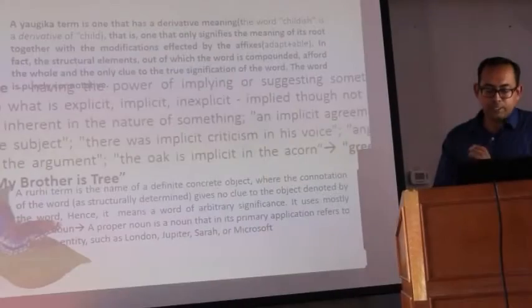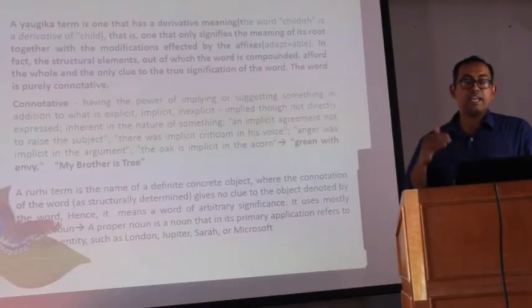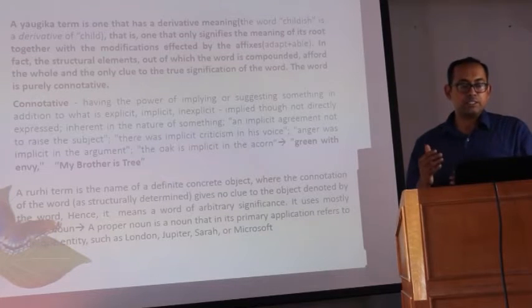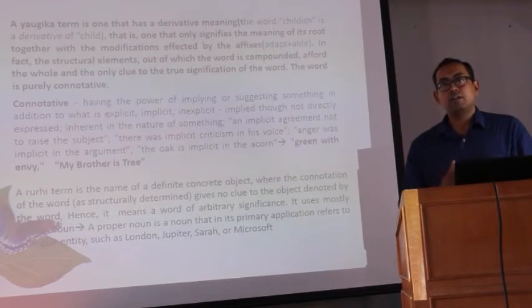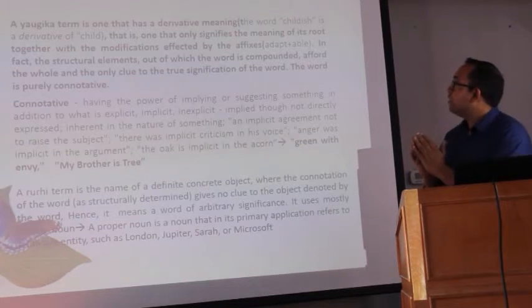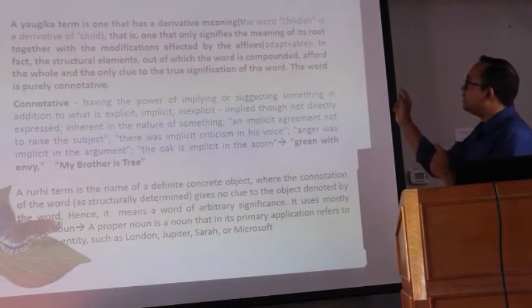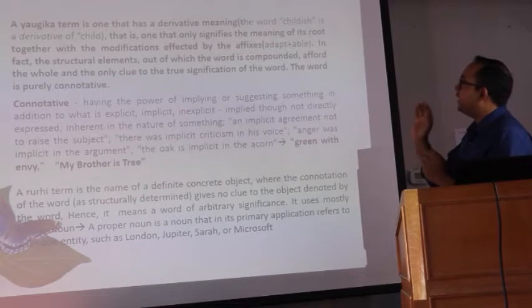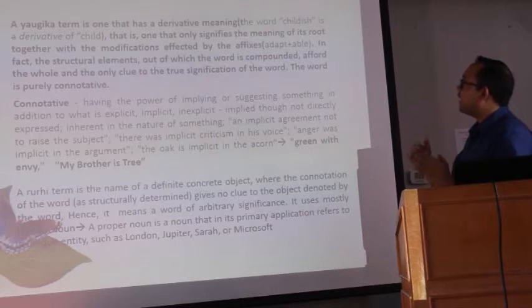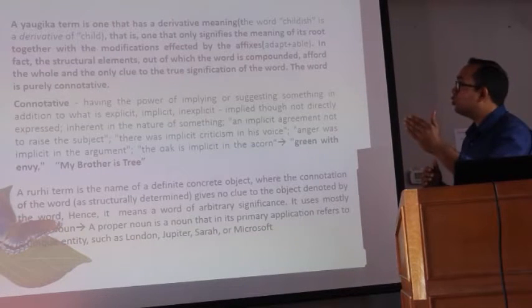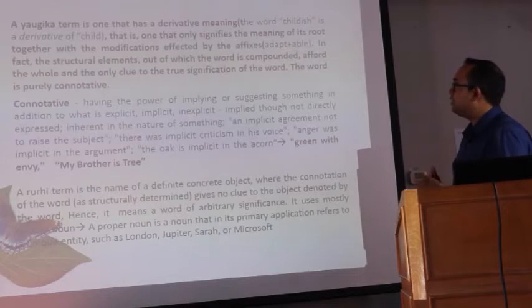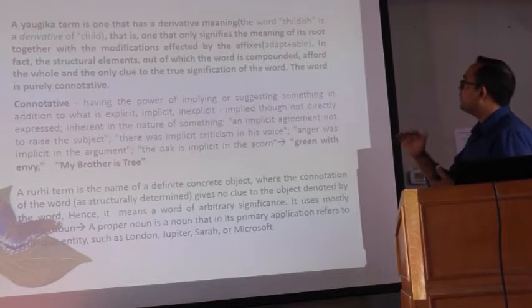A yogic term is one that has a derivative meaning. The word childish is a derivative of child. So understand, yogic is having a derivative meaning. Example, childish, derived out of child. That is one that only signifies the meaning of its root together with the modifications affected by the affixes, like